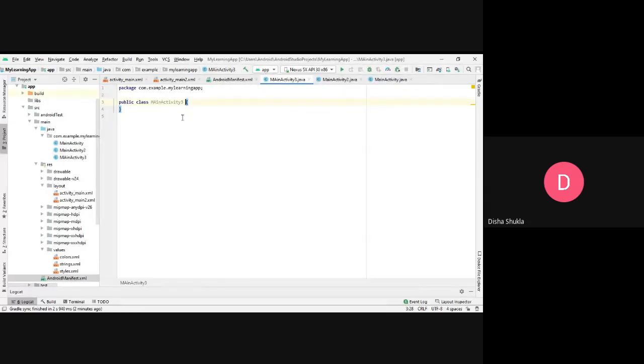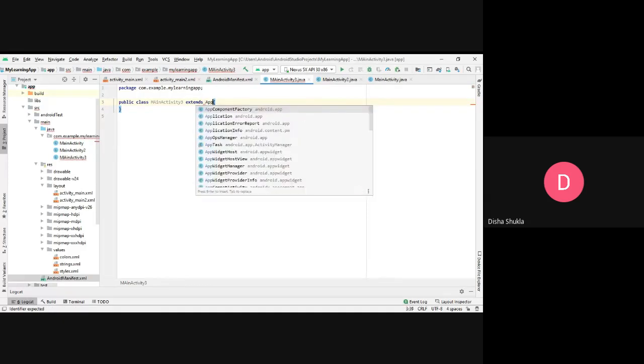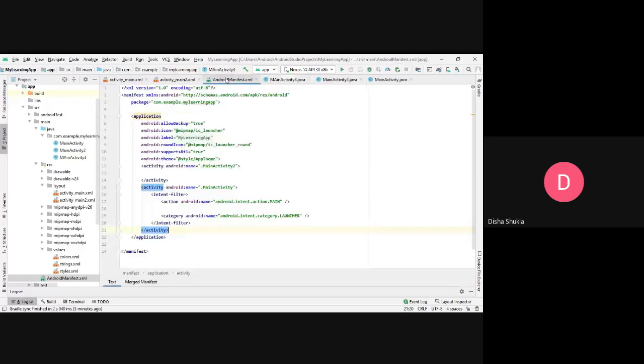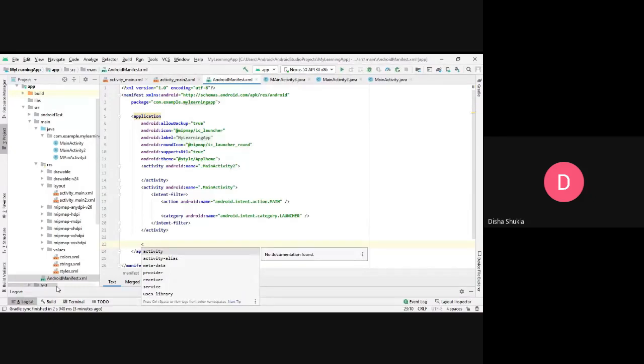So for using that, what I have to do is use extends app compat activity. So now it is extending the app compat activity, and now going to the manifest file, I have to register that activity, then only I can use it. Otherwise, when you run it, you will get a runtime error telling that the activity has not been registered in the manifest.